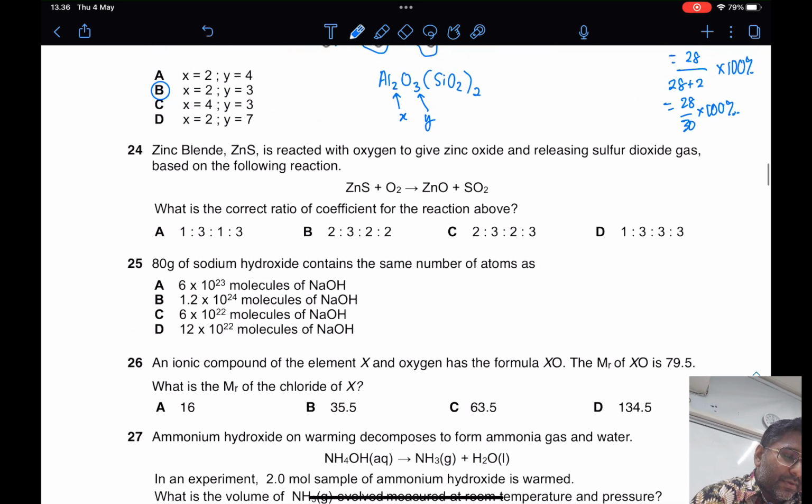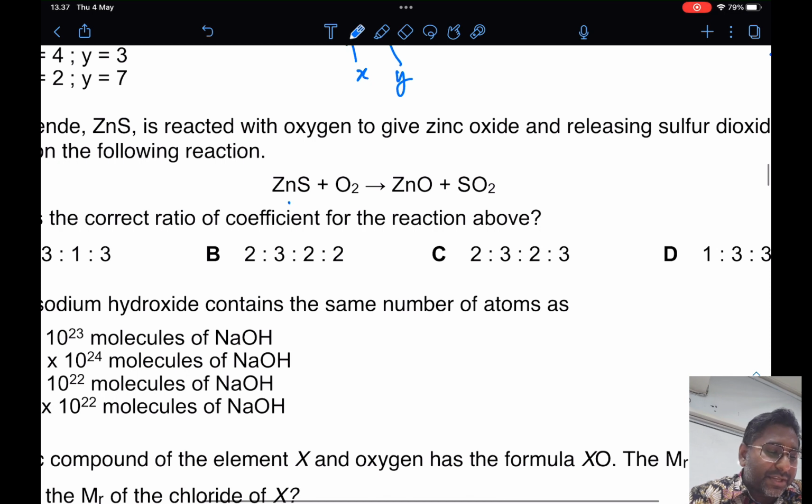Now 24, zinc blende. Zinc S is reacted with oxygen to give zinc oxide and releasing sulfur dioxide gas based on the following reaction. What is the correct ratio of the coefficients of the reaction below? So basically you just need to balance the equation. You have zinc, sulfur 1, oxygen, there are 3 oxygen over here,